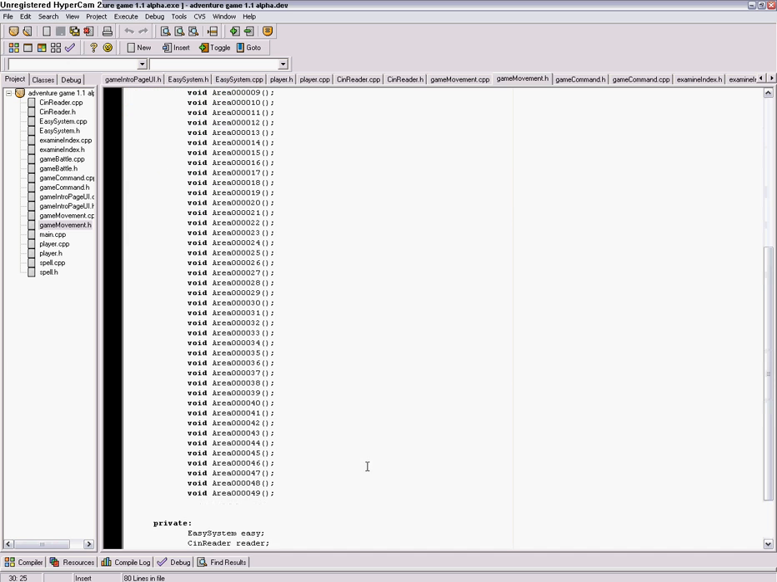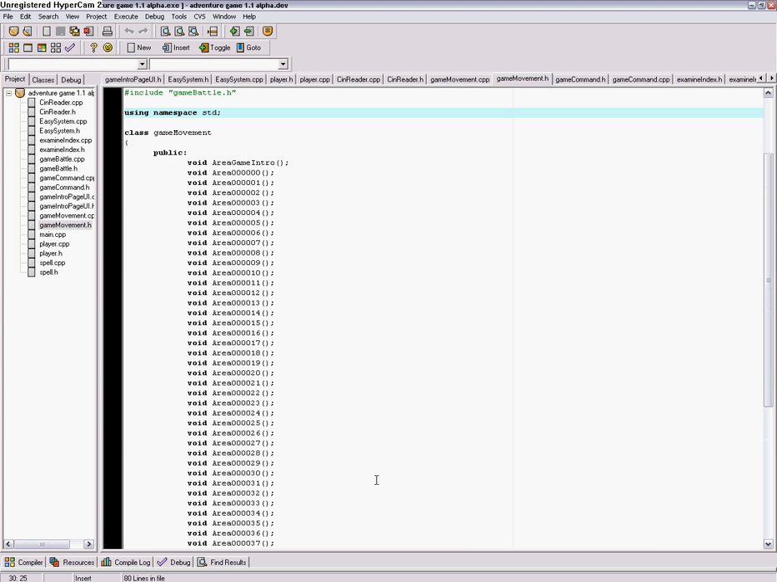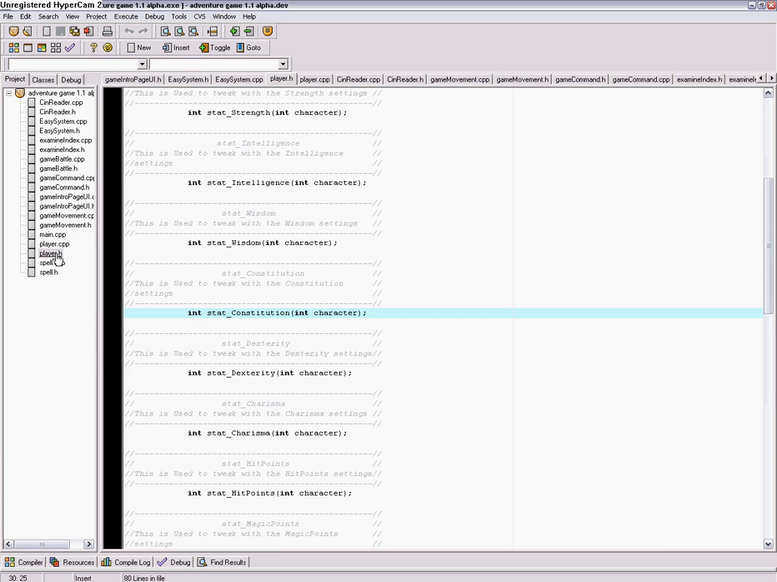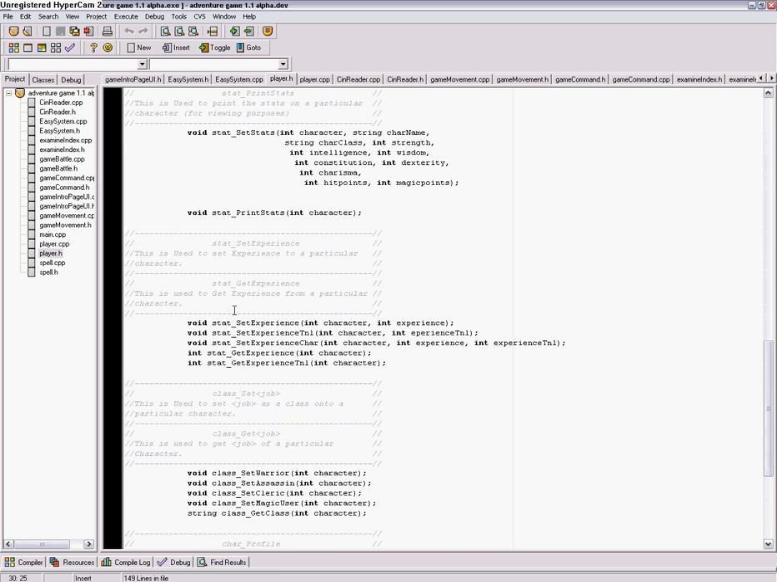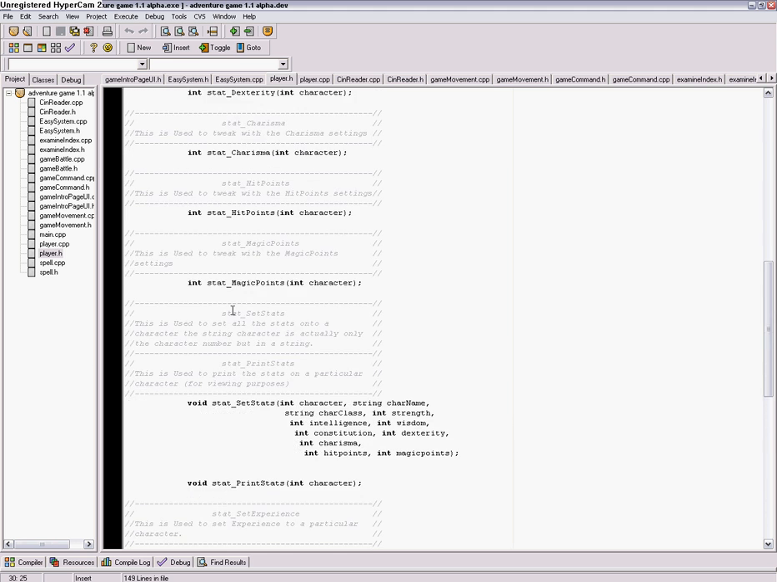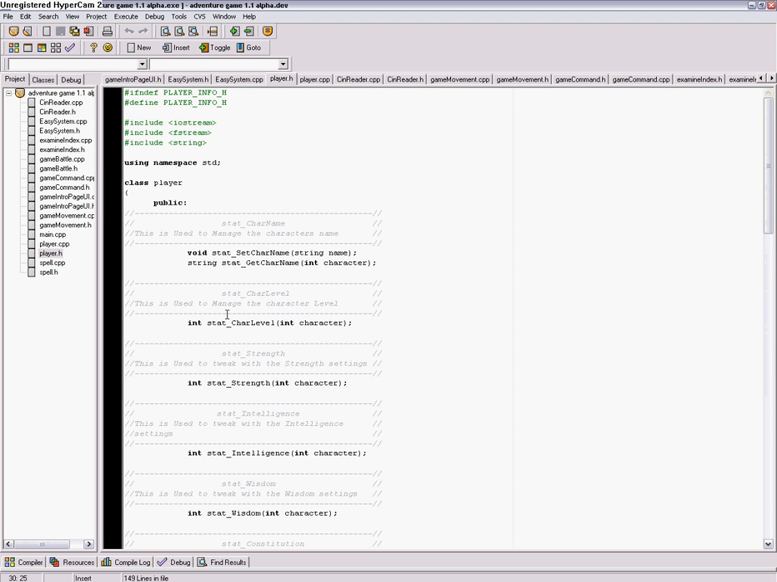Game movement, which is every area in the game, has all the information. So each function is like its own little block. It is used to tell you what is going on. It has selection screens, a bunch of stuff. It also connects to player, which has more menus and stats and stuff. As you can see here, all the stats, the classes, the experience, profile, you know, are all handled in a player.h file. Well, the CPP,